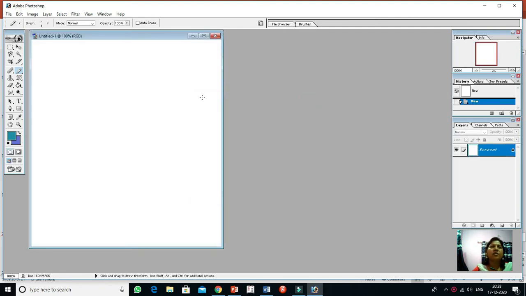Okay, now this one is displayed. I have to use lots of layers. Now how are you able to use lots of layers? Suppose I am using the brush tool. As this one is the pencil tool, right click here only. The brush is there, the pencil is there. I am selecting the brush tool.